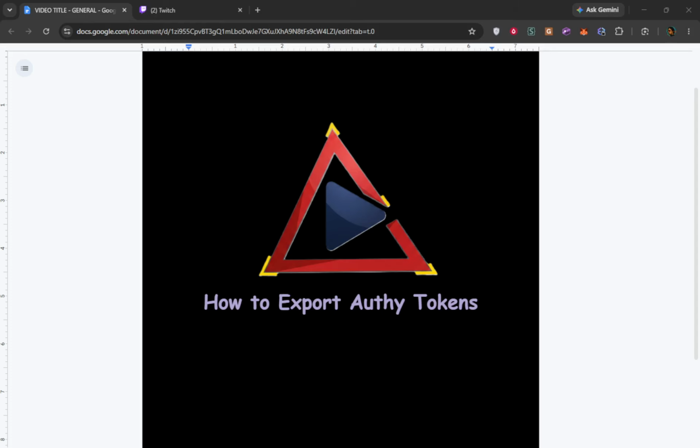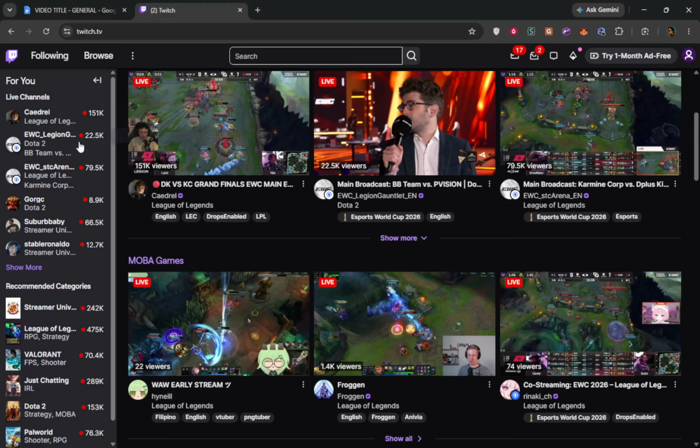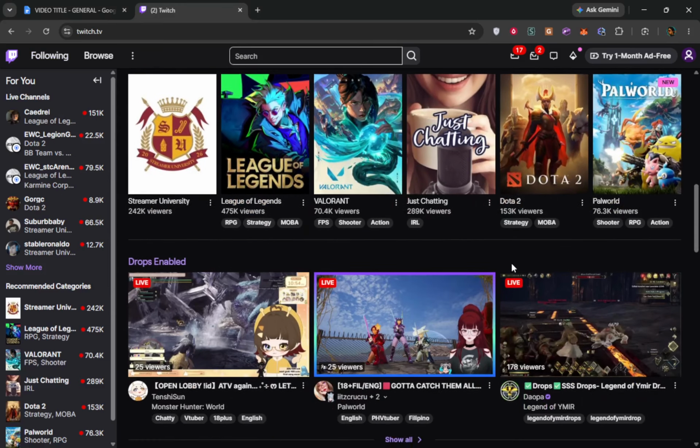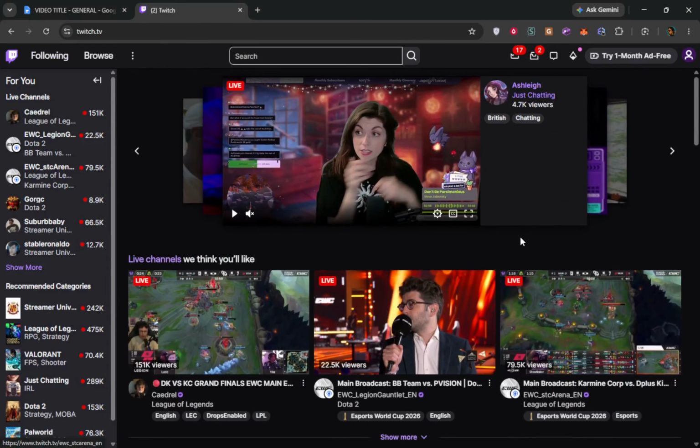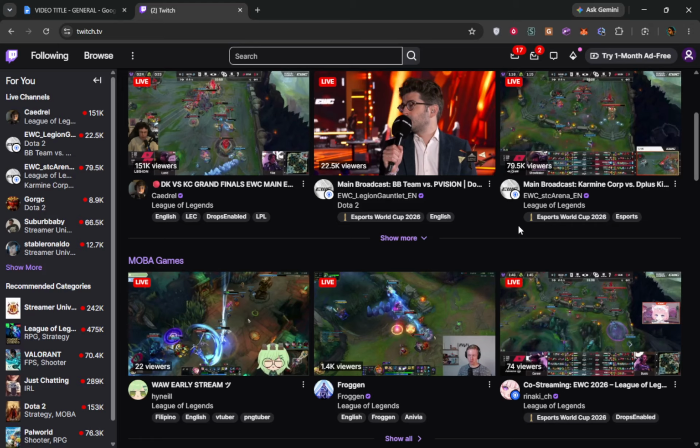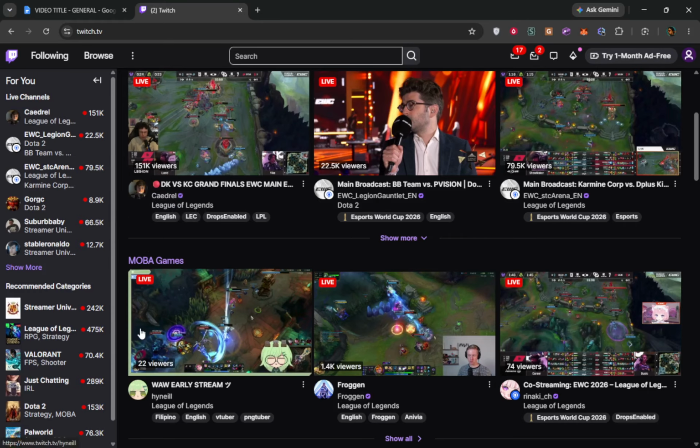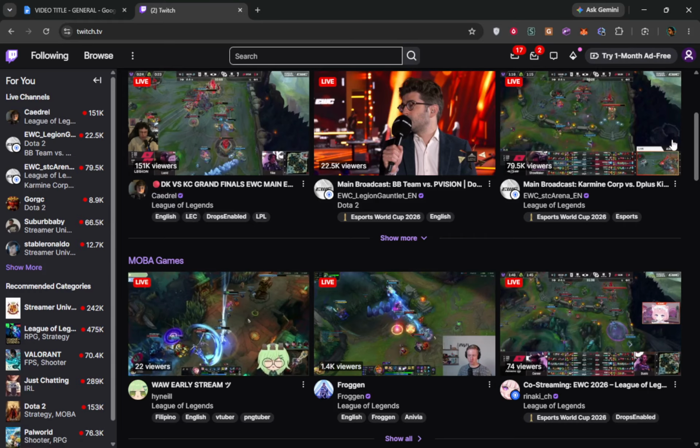itself. This might seem limiting, but the security measures help ensure that your accounts remain safe and secure, which is always a priority. To begin, sign in to the website or app that utilizes Authy for two-factor authentication. This step is essential as it allows you to access the specific account for which you want to transfer the authentication tokens. You will see the login screen of your chosen site where you will enter your credentials. Make sure you have your Authy app open as you will need it to retrieve the current two-factor authentication code. Once logged in, you can proceed with the next steps without any interruptions.